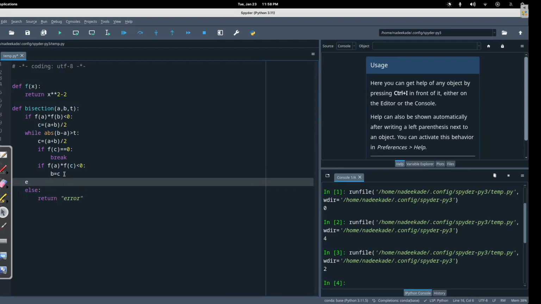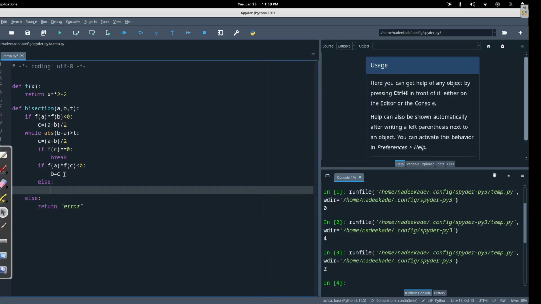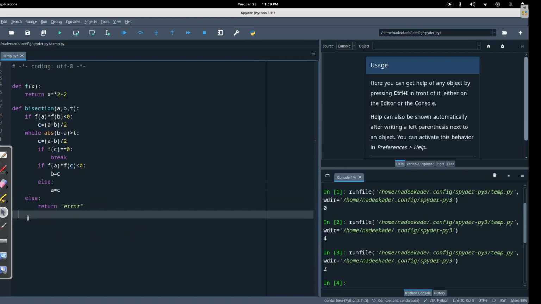Here is the else part of this line. I should say A equal to C. Otherwise I am going to drop A, sorry. I am going to move my A and drop the old value of A by storing C in A. Okay, so I keep doing this. At the end, outside of all these, I am going to return